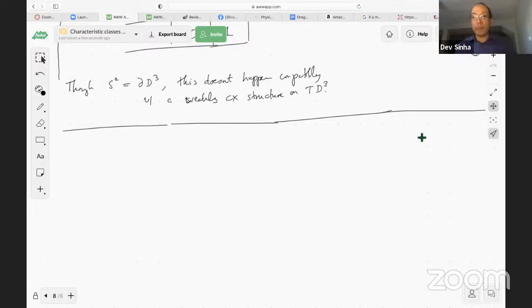So the point is that these equivalence relations are a Goldilocks equivalence relation, if you're familiar with that story from American childhood anyways, somewhere right in the middle. There's enough structure there to see some interesting phenomena, but not so much that you're overwhelmed. So what's the theory, what's the story there? There's something called the Pontryagin-Thom construction.